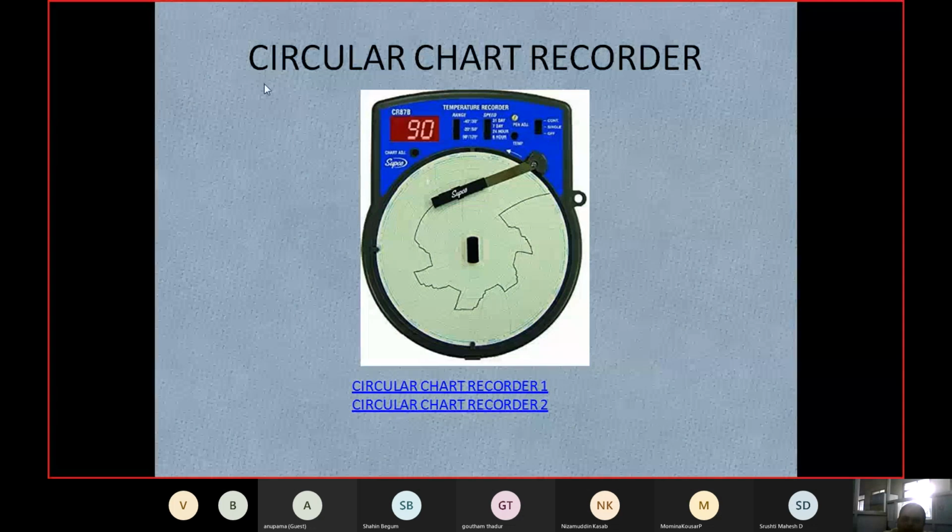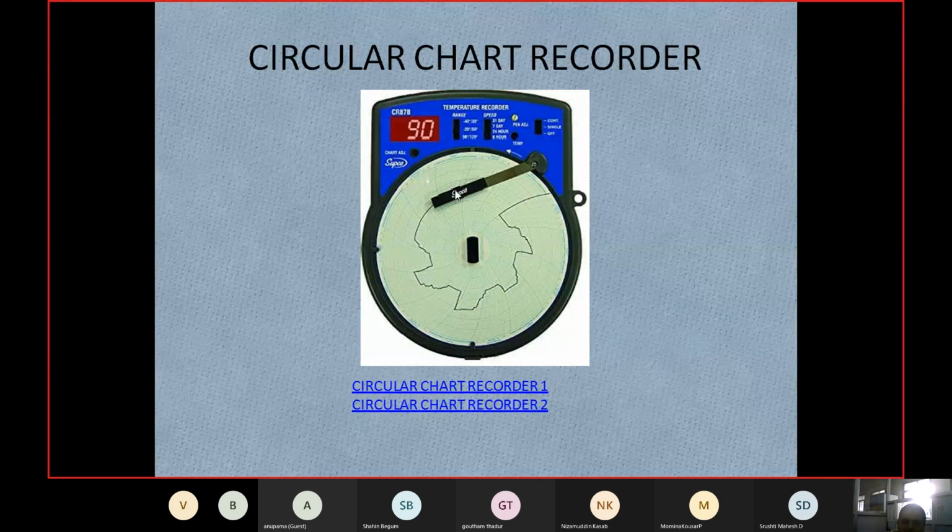One more is the circular chart recorder. This is how a circular chart recorder consists. Based on the current flowing within the circuit, a small pen is connected. It is made in a different design. Based on that, a paper is connected here, and it goes on recording the value.